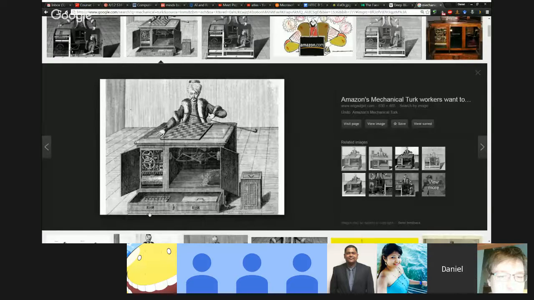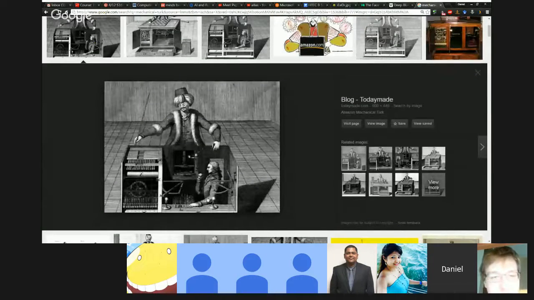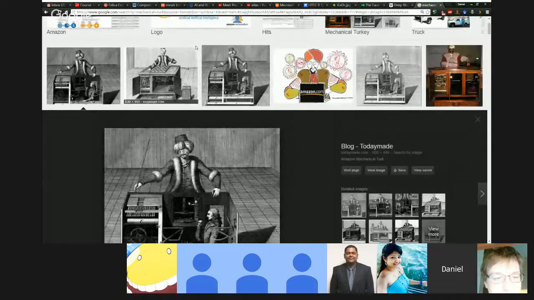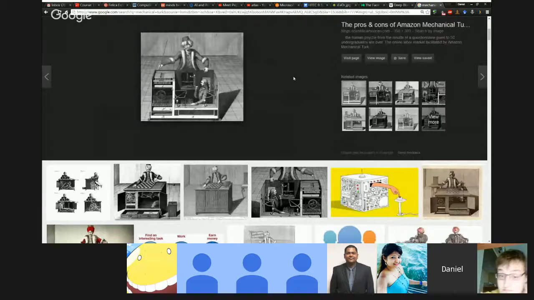He said it was a chess-playing computer, a chess-playing machine. This machine would play chess. In fact, it wasn't really a machine. It was just a human being hiding inside this box, and the human being was playing the chess instead. But the machine beat Napoleon because the machine was the only one that was brave enough to beat Napoleon.